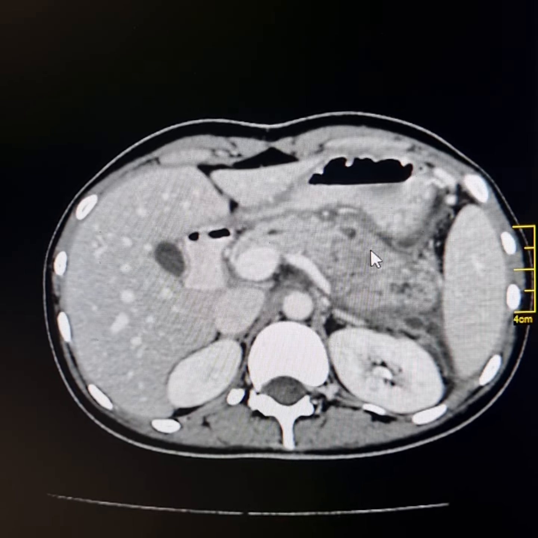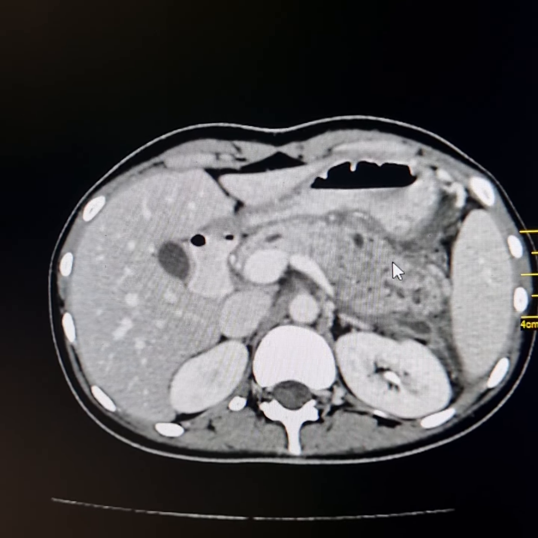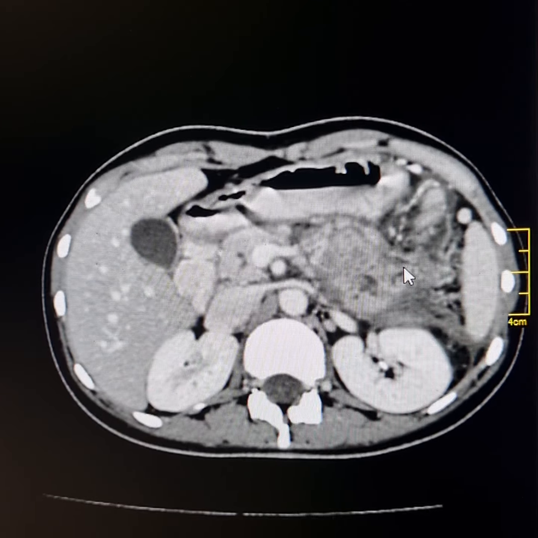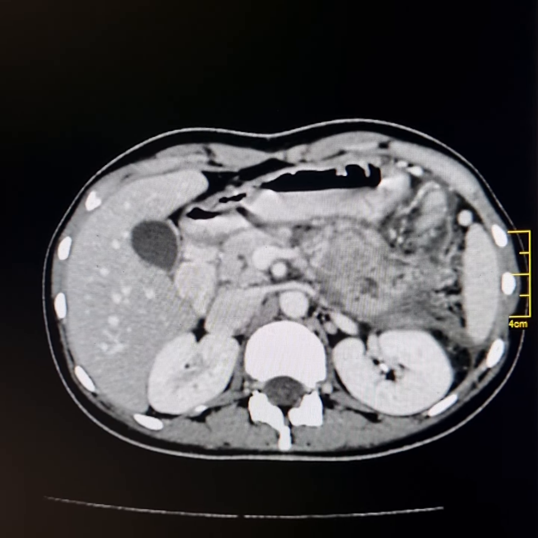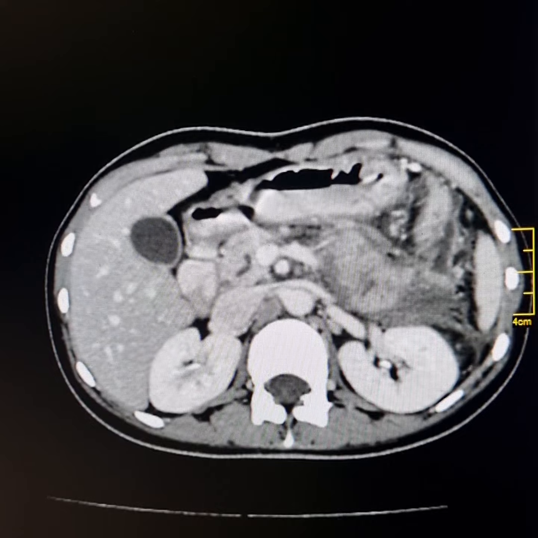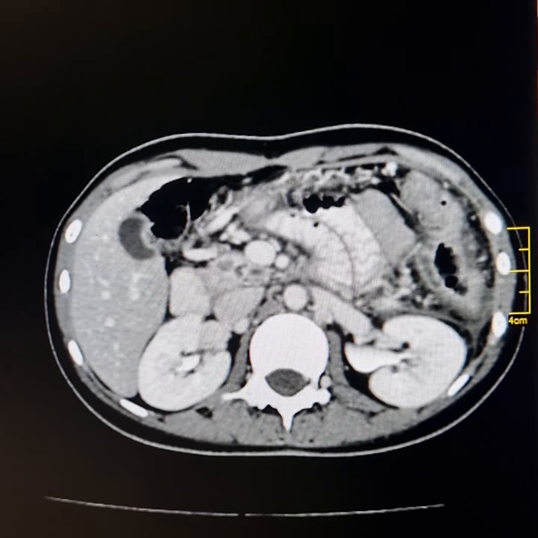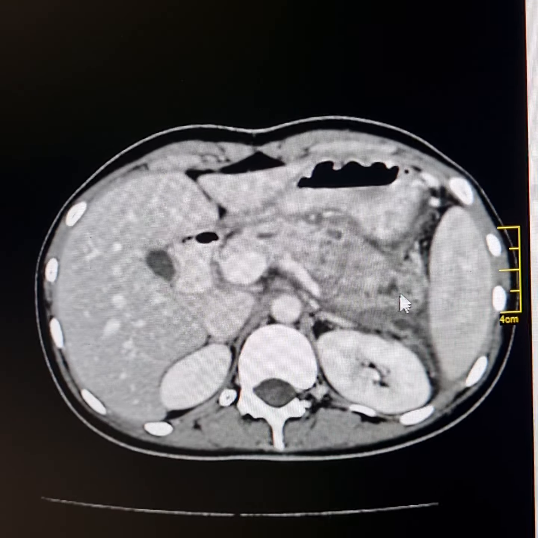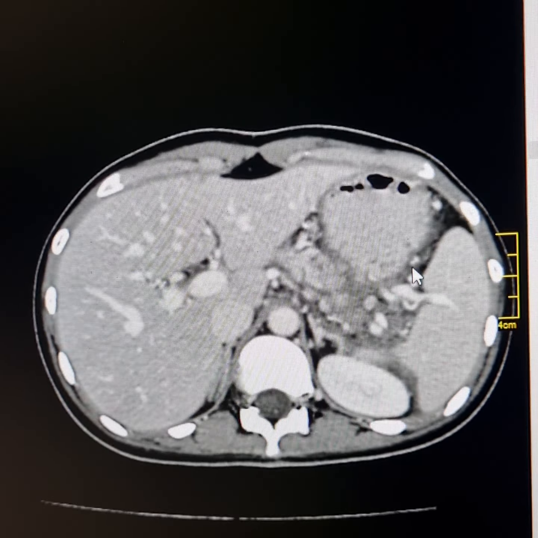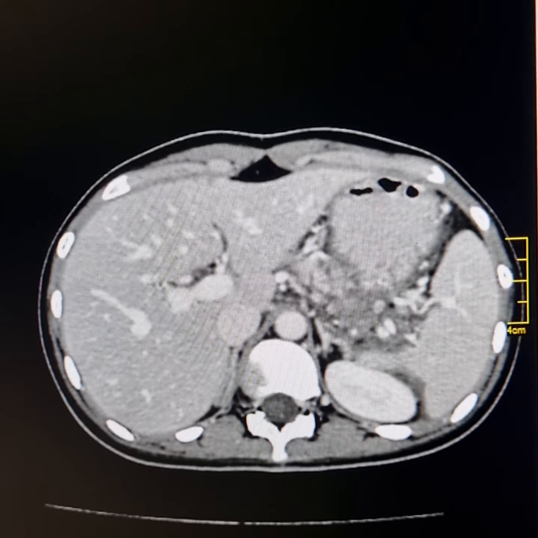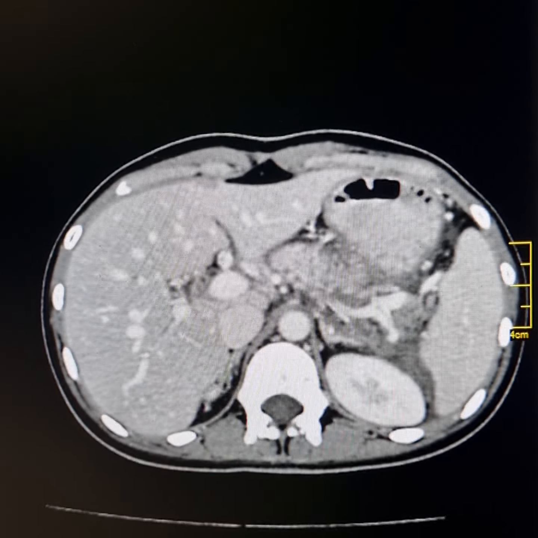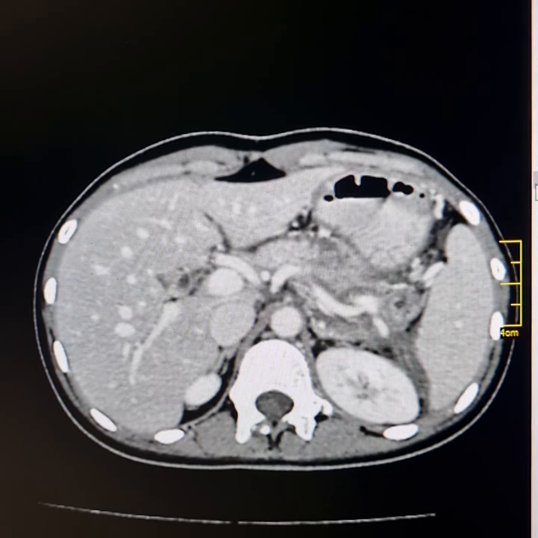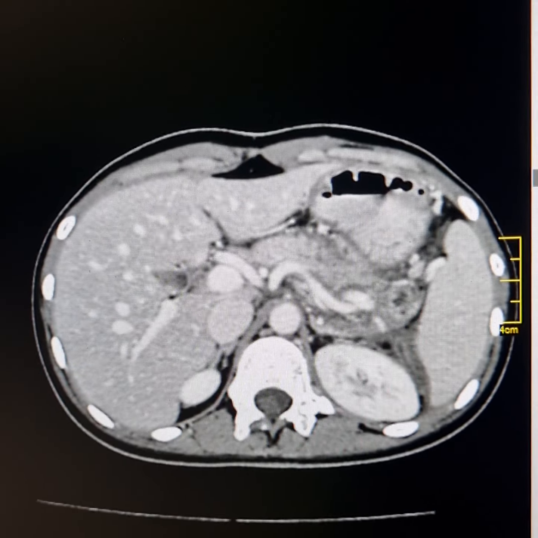The tail and adjacent lateral part of the body of the pancreas show non-homogeneous enhancement. Density of peripancreatic fat is increased. As such, there is no area of necrosis inside the involved pancreas. Now please observe the increased density of fat along the greater curvature of the stomach. Low down along the medial side of the spleen, there is no narrowing, occlusion or thrombosis of the splenic vein